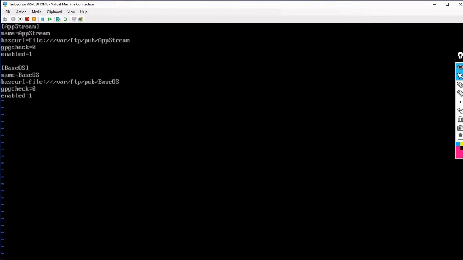My file is RHEL8. In this you have to write these lines as mentioned in the PPT. I am saying gpgcheck=0, so I don't have to mention the keys, and the baseurl is /var/ftp/pub/AppStream, and here it is /var/ftp/pub/BaseOS. Once this much is written, I will save.